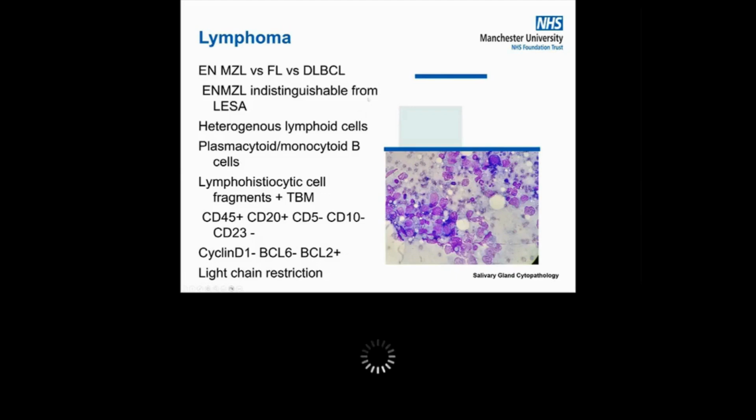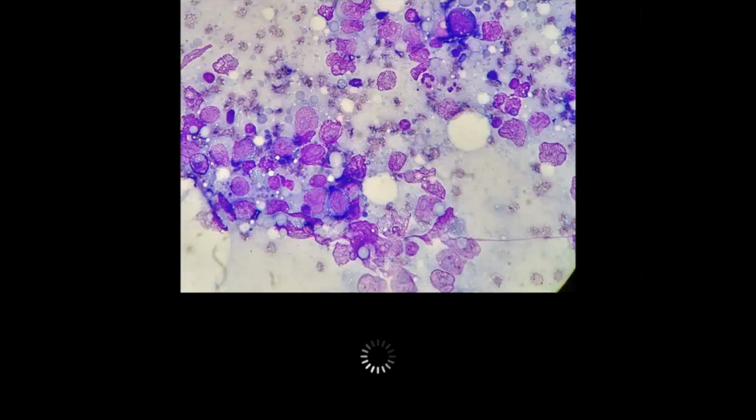So the main problems that we will face on cytology is with the two low-grade B-cell non-Hodgkin lymphomas, extranodal marginal zone lymphoma versus follicular lymphoma, as there's a risk of false negative diagnosis here. Extranodal marginal zone lymphoma is indistinguishable from lymphoepithelial sialadenitis on morphology, and ideally, as I said previously, we need flow cytometry to make this diagnosis. Here's an example of a diffuse large B-cell lymphoma. And as you can see on the morphology, you have